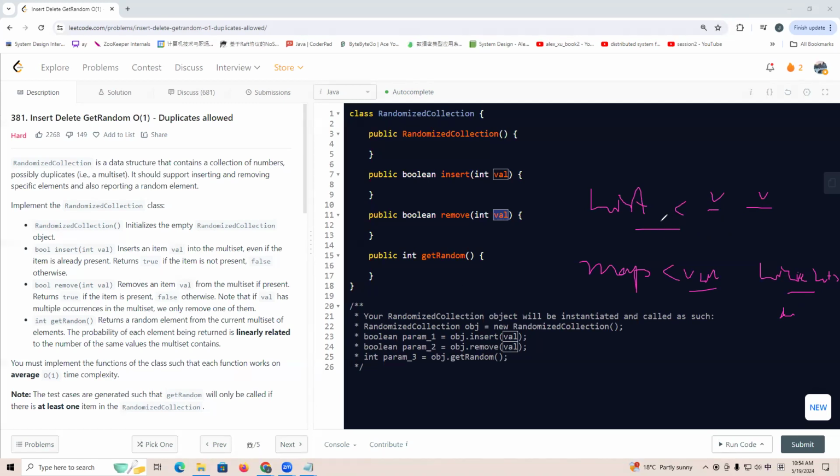So for insert, we just append our records, and also we check whether this map has this value or not. If it doesn't have it, then create a new list as a value and add the value. And if it exists, just add this to the value directly and then return true or false, based on whether this key exists or not. And then for remove,